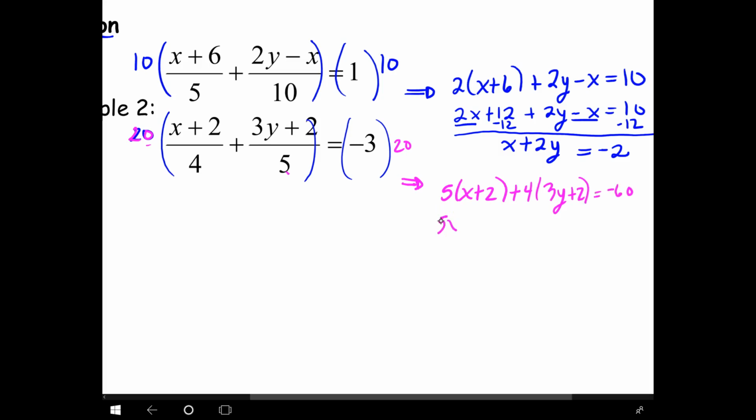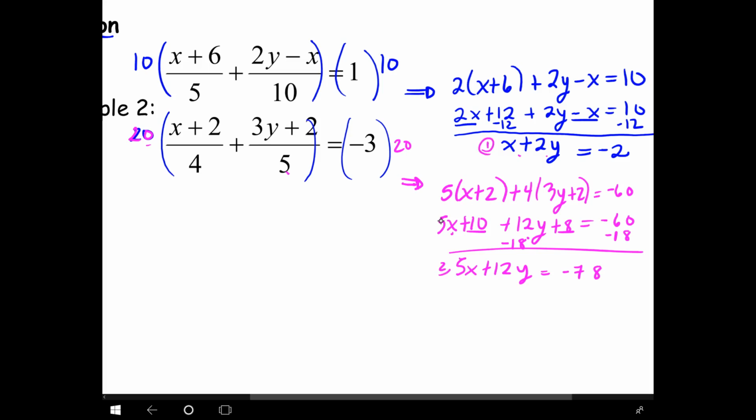So that gives me 5x plus 10 plus 12y plus 8 equals negative 60. We want to line up the x and the y in the same way the other equation is. So I have 5x plus 12y, and then 10 and 8 would make an 18. So if I subtract 18 to the other side, I have is equal to negative 78. Okay, now I have equation 1 and equation 2 nice and pretty, so I can go ahead and continue with